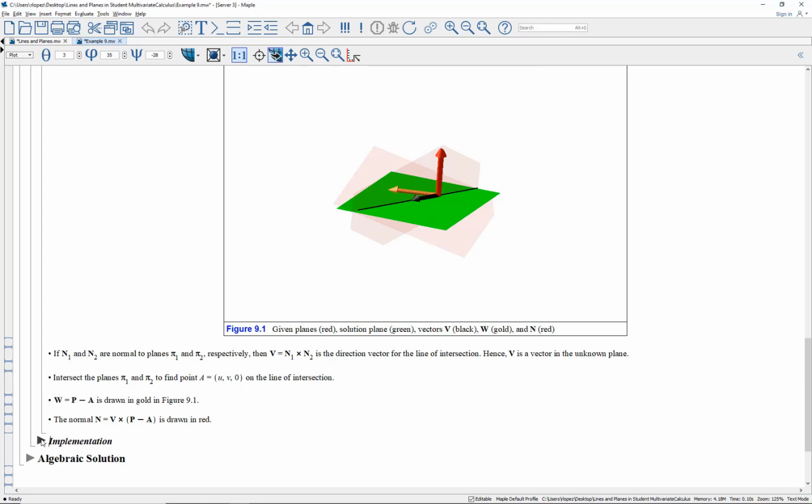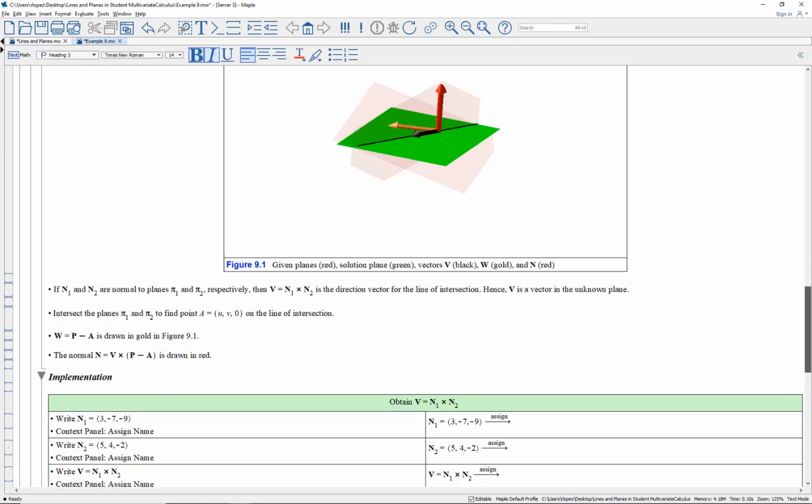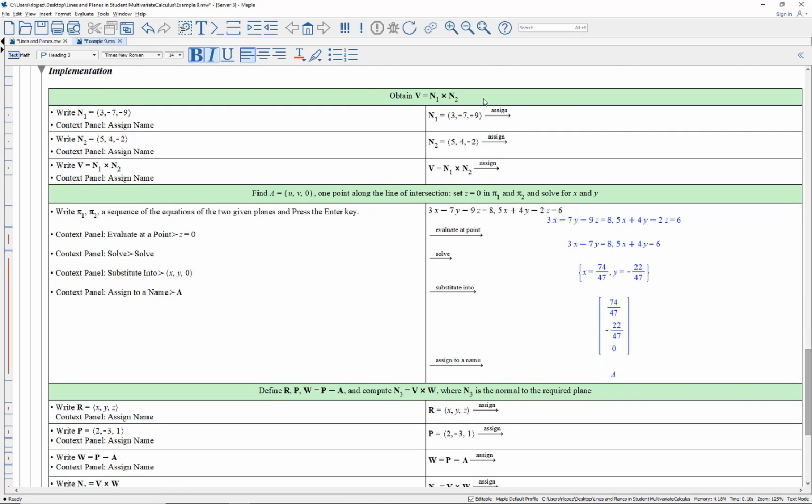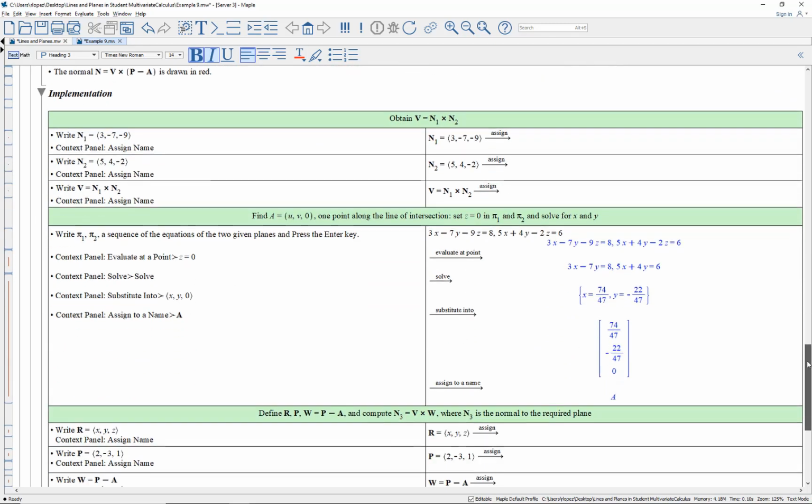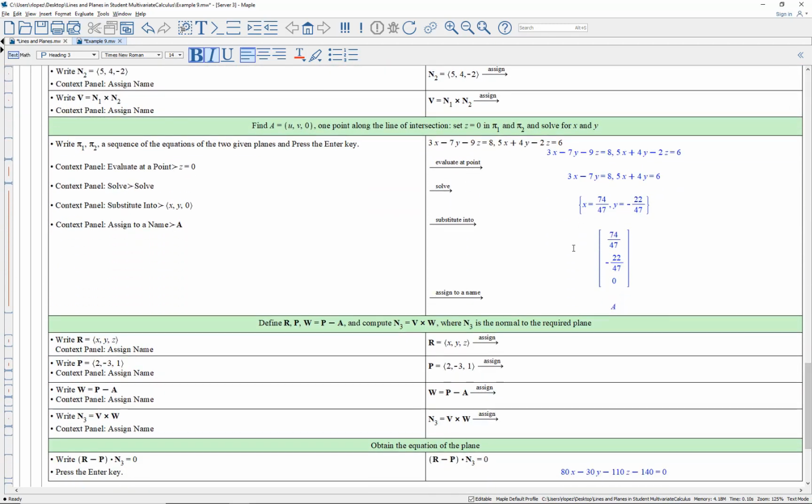Okay, implementing these ideas for the vector solution. Define the two normals for the given planes. Take the cross product, get the vector v, that's that black vector in the line. We want to find this point A, (u, v, 0). So you evaluate